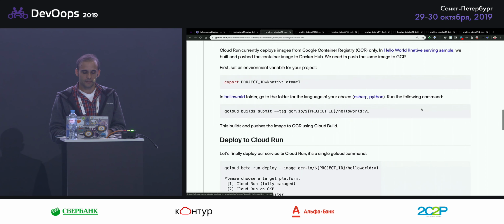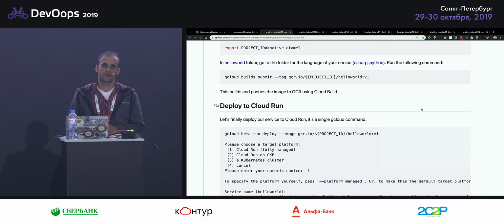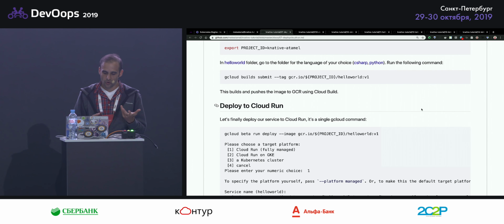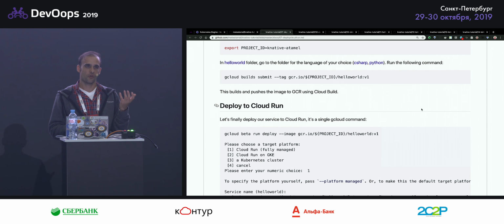Then you need to deploy your container image to Google Container Registry. Google Container Registry is kind of like Docker Hub, but within Google Cloud, for your own Google Cloud project. By using gcloud build submit with a tag, I'm basically saying to run this where your Dockerfile is, and it takes your Dockerfile and builds it in the cloud using Cloud Build, which is a service to build container images,